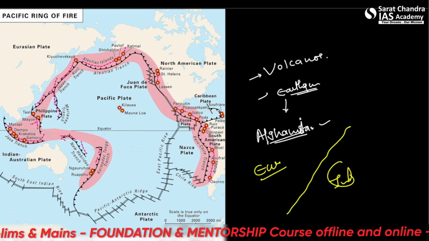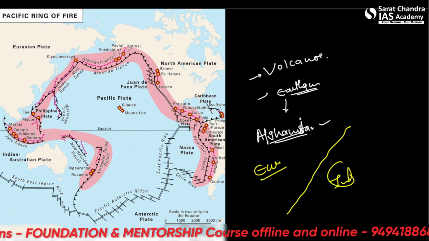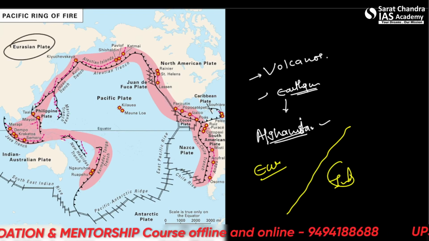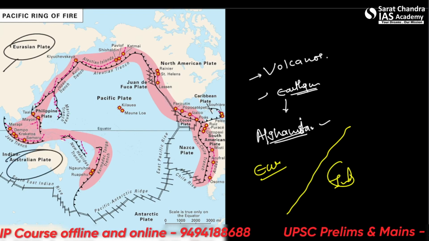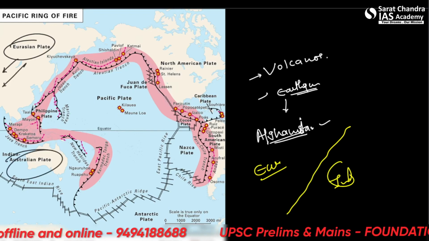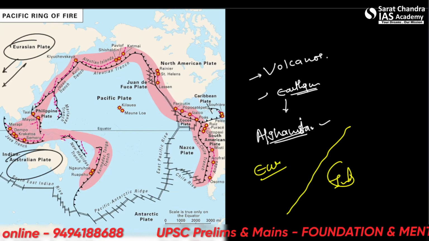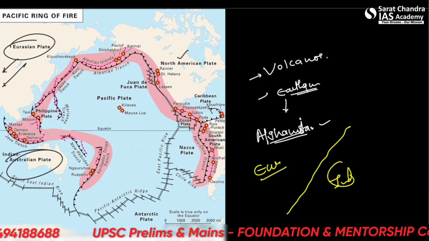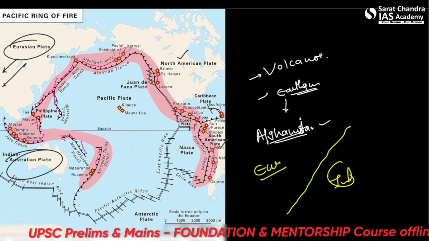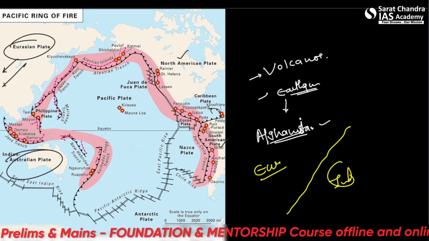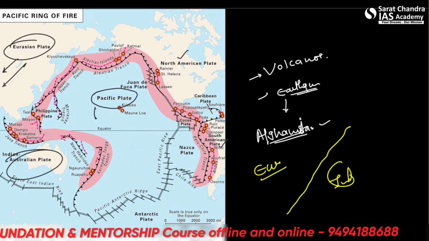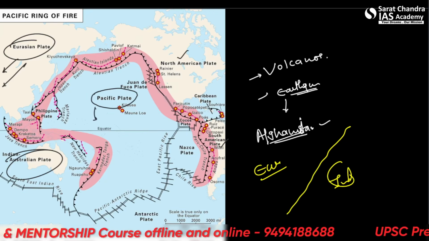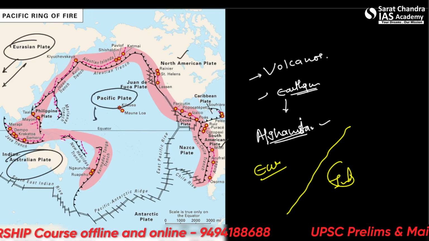Here you can also see many different plates. See, this is the Eurasian plate that we talked about, and then there is this Australian plate. The Eurasian plate runs towards the west to many other different countries. There are Indian plates also. This is the North American plate and this is the South American plate. Between all this there is the Pacific Ocean, which still has the Pacific plate. It's a big misconception among many people that the plates are only located on the land.